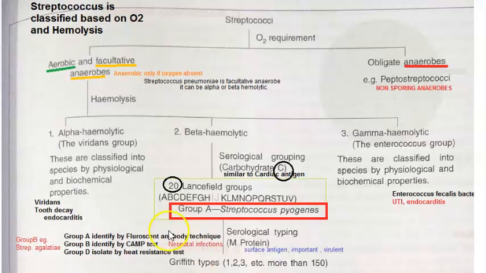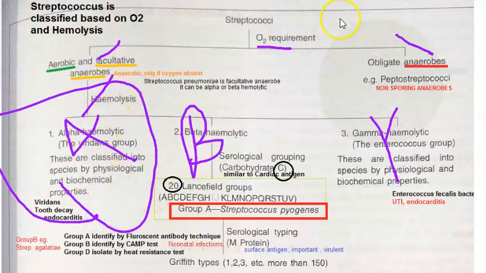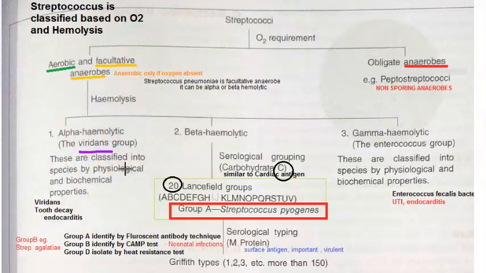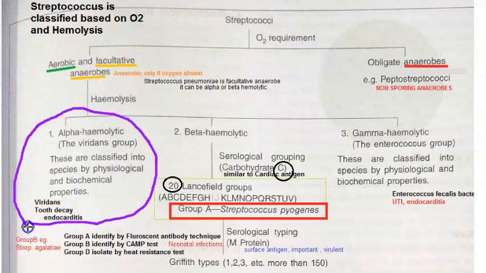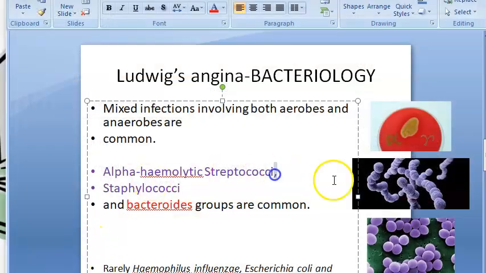Let us look at a little more information on streptococcus classification. What is that alpha, beta? You have streptococci, the main classification is aerobic and anaerobic. In aerobic, you have the hemolysis. Who does alpha hemolysis? Who does beta hemolysis? Who does gamma hemolysis? Our culprit here is the alpha hemolytic group. This is viridans. So Streptococcus viridans, you can remember, tooth decay. Mainly these viridans are responsible for tooth decay. So remember, alpha hemolytic, the viridans group. Nice, right? So we'll add that here.